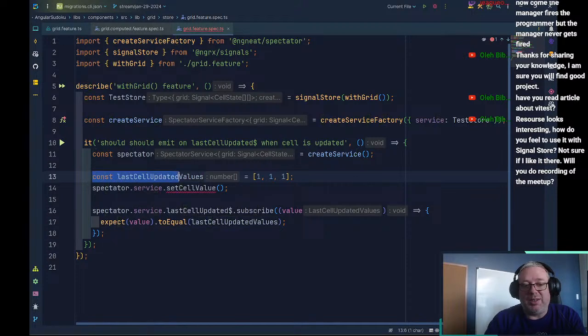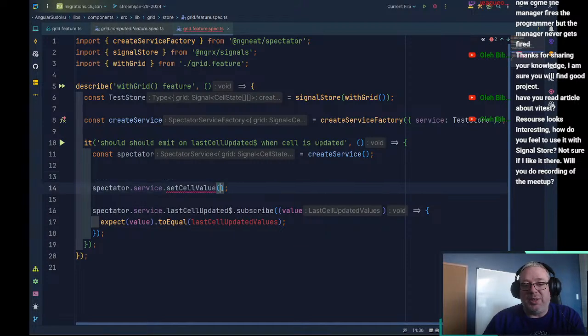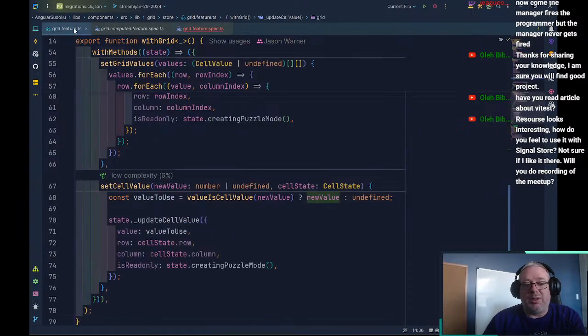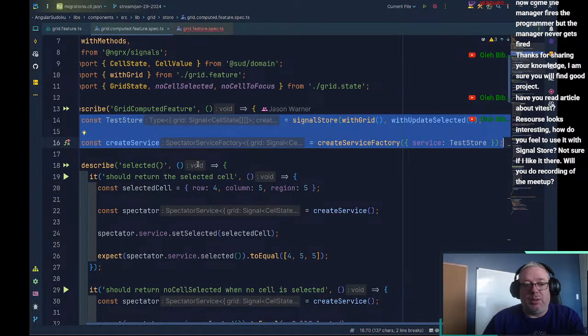So the last cell updated values, we need to pass something in here that will update that cell, right? We need the value, we need the cell state, and we need the column, and then creating puzzle mode. Well, we don't need that. That comes from the state. So we need the value, the row, and the column. So we get value and then the cell state, right? So here in our test,